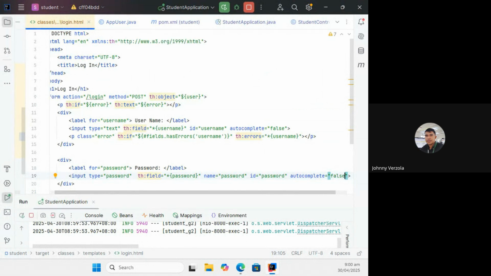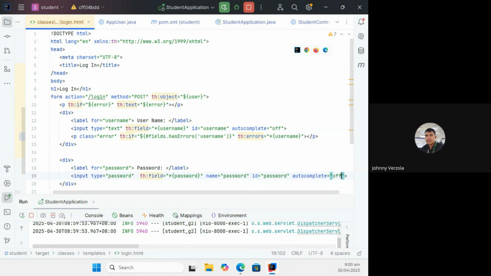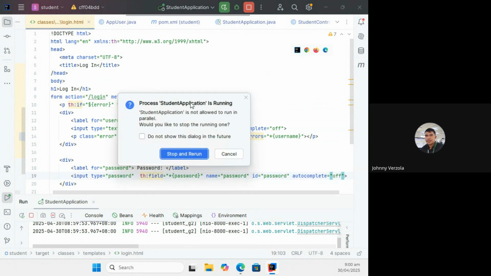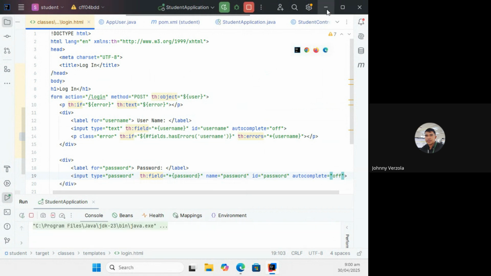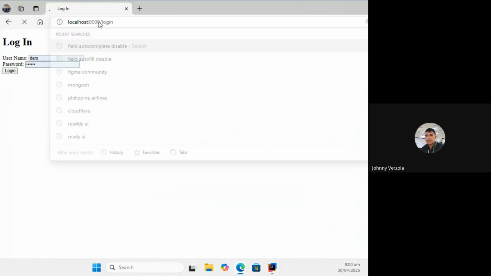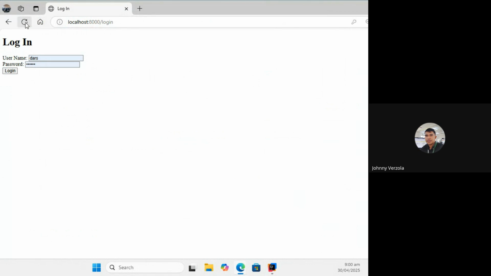Autocomplete. It's not true or false. It's off or on.